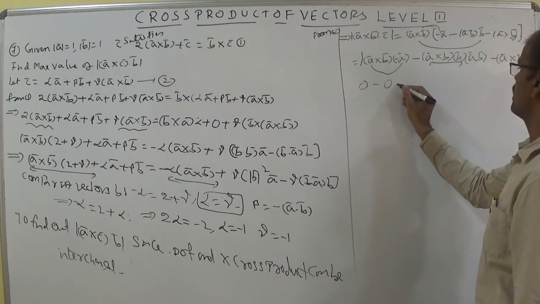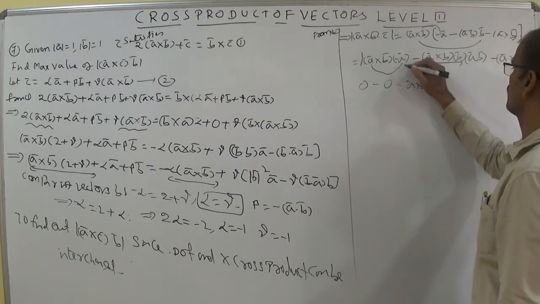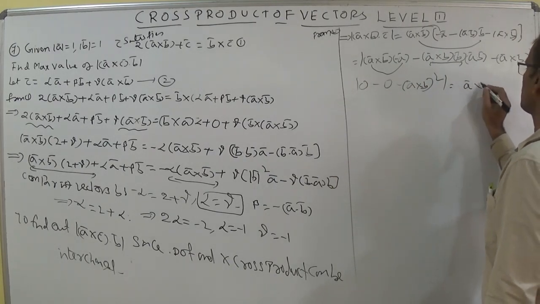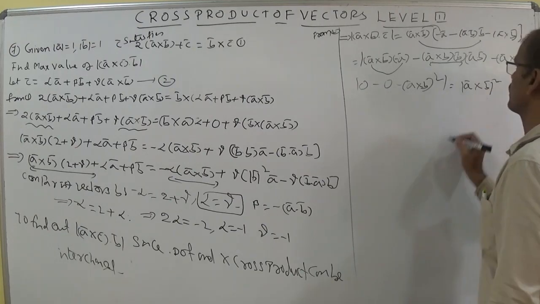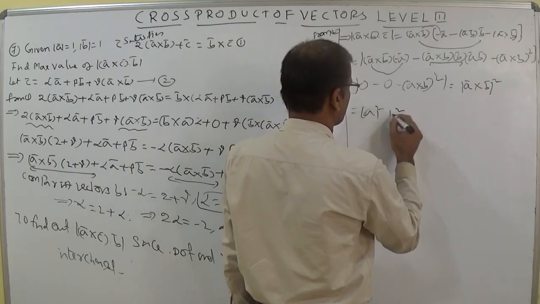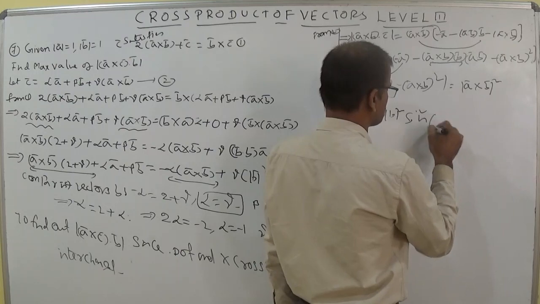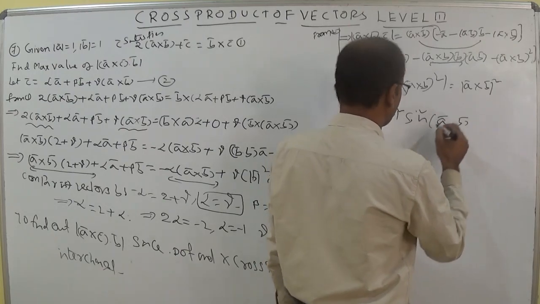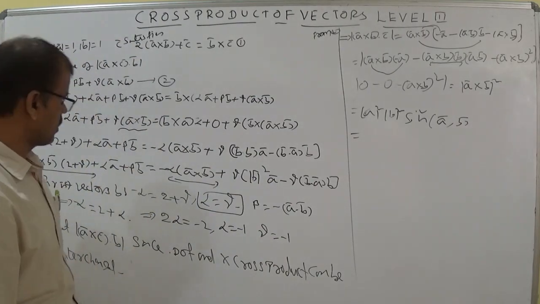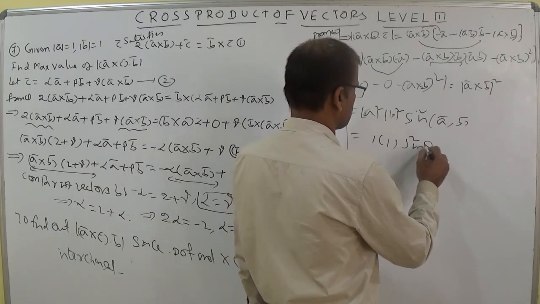Now, modulus is there, minus, you can write here A bar cross B bar, total whole square. So, you can write this one as modulus of A cross B whole square. You can say modulus of A cross B whole square as mod A square into mod B square into sine square of A bar comma B bar. Given that mod A is a unit vector and mod B is a unit vector, then you can write here 1 into sine square theta.